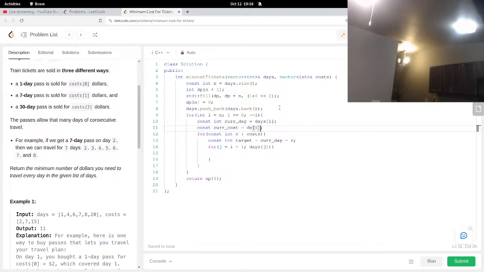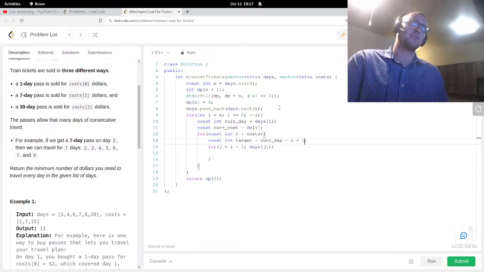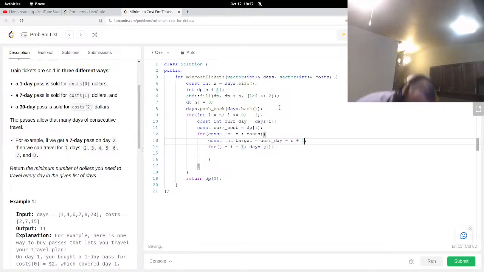When I look at the DP of now, when I want 13, 14, 15, 16, 17, 18, 19, 20. That's 8. It should be basically 14, I think. 14, 15, 16, 17, 18, 19, 20. 14. So it would be minus C plus 1. The target day would be 14. So now to calculate for the DP of 14, which actually in this case should be 8,